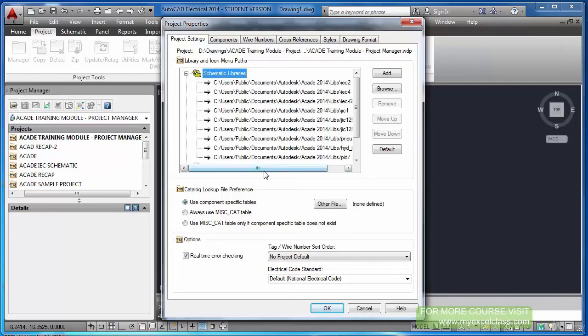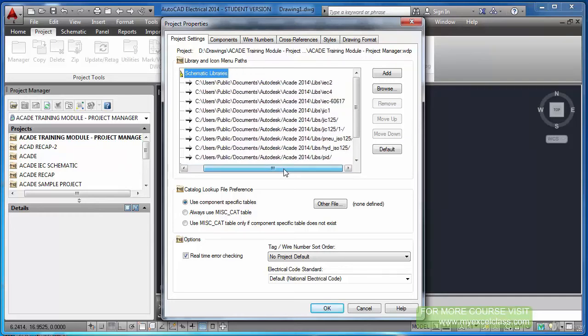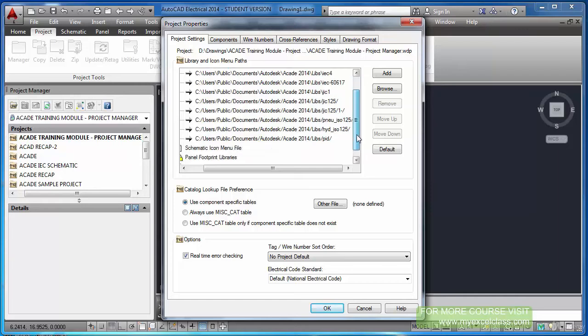Here, schematic libraries. In your AutoCAD, there must be many directories, many folders with different standards, IEC, JIC, all these standards. Everything will be there. So you have the option to select which one should be your first preference.